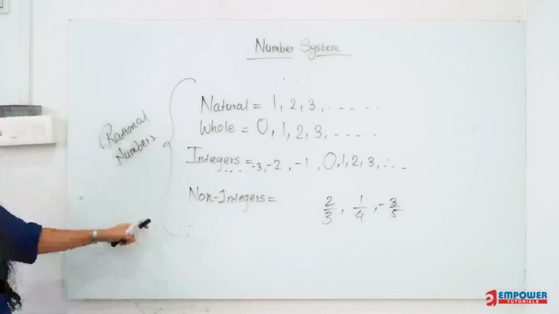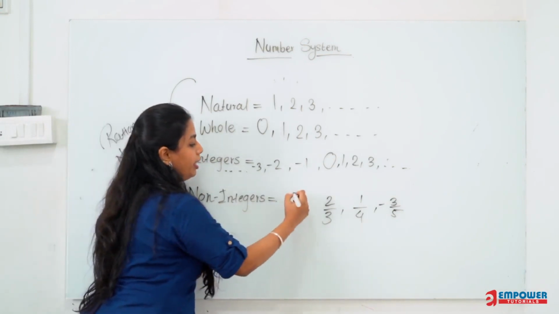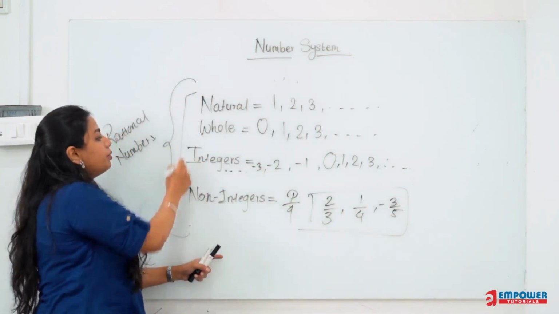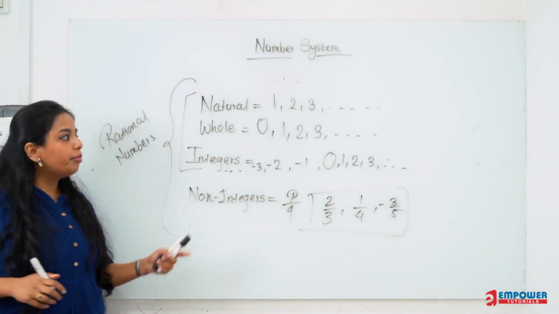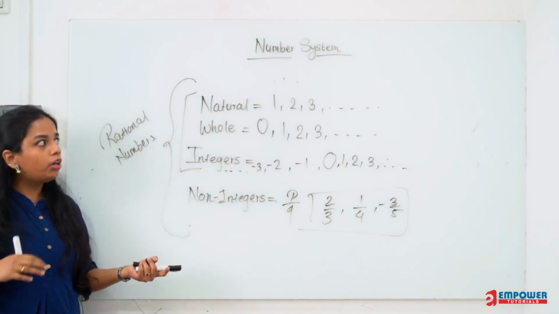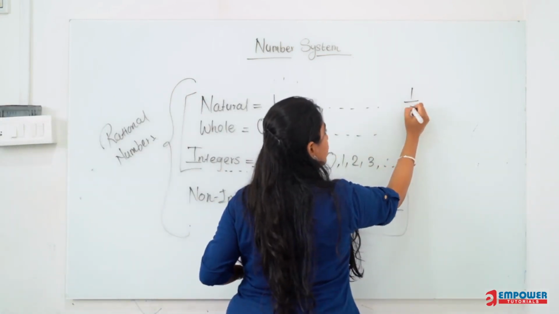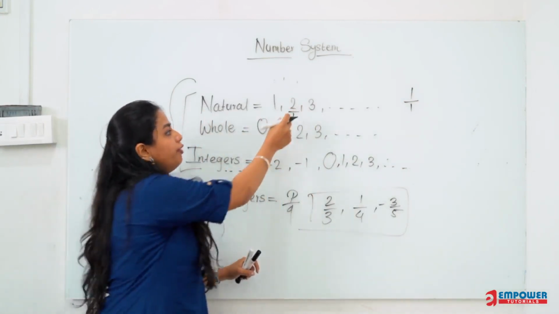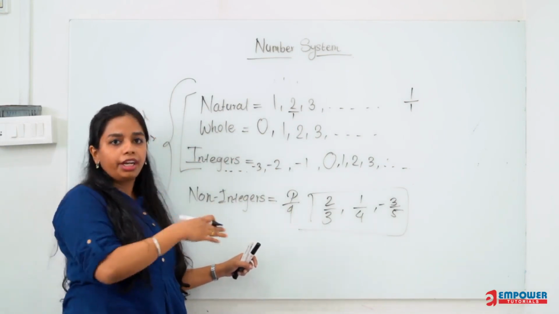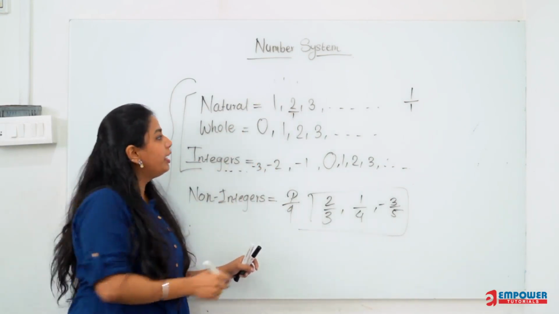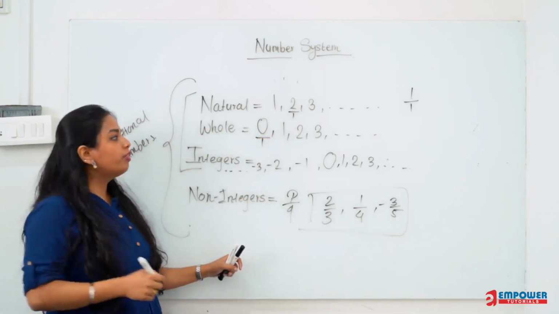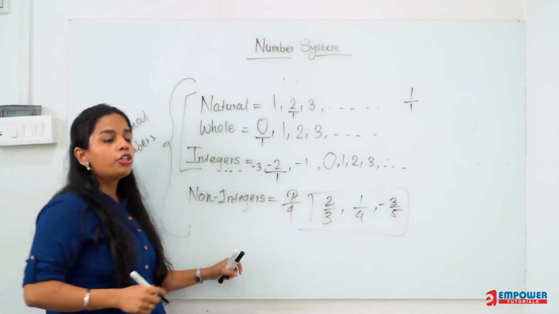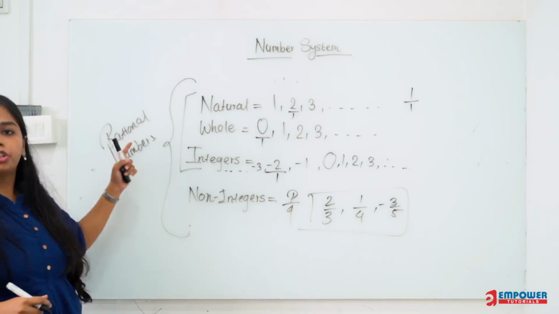Now you must have a doubt: if we can write non-integers in the form of p by q, see, over here you have fractions. Then how do the other numbers come under the category of rational numbers, because we haven't written them in the form of p by q? But if you see, I can write 1 as 1 upon 1, 2 as 2 upon 1. When you have 1 as the denominator, we mostly avoid writing it. We write it as 2 only. Here also you can write 0 as 0 upon 1, which is equal to 0 only. Here you can write minus 2 upon 1. So all these numbers are nothing but your rational numbers.